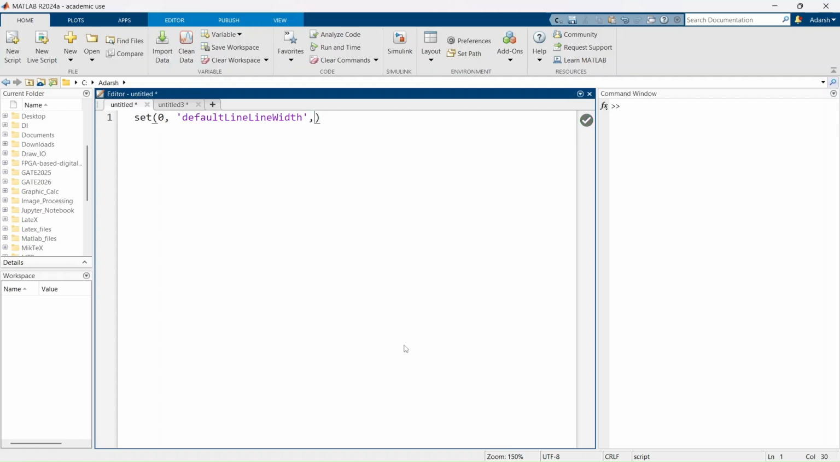If I run this code, the default value of the line width will be set to 2. What we want is for this line to run at every starting point. Like when I start MATLAB, this line should execute. So for that, what we can do is